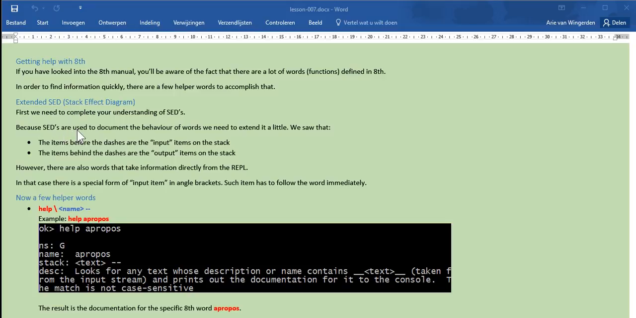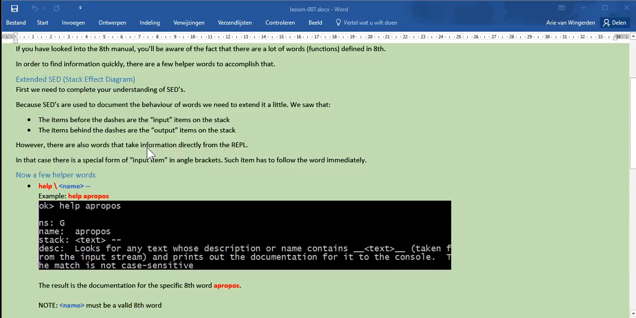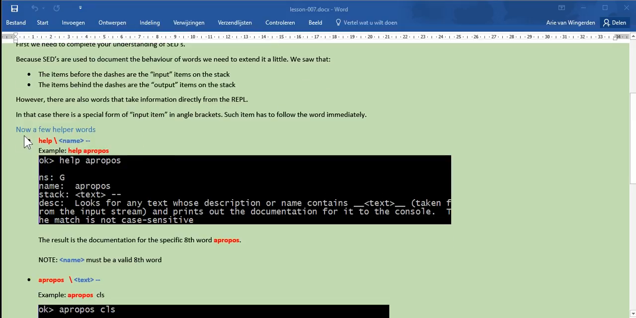Normally, a stack effect diagram only refers to items on the stack before a word is invoked and after. But there is also a possibility of a stack effect diagram in which we see a term enclosed in angle brackets. And when that is the case, we have to just put a string or part of a word right after the helper word. For example, when we see the helper word called help,